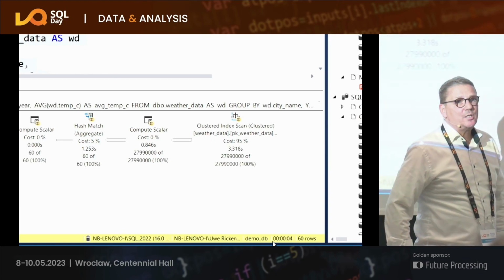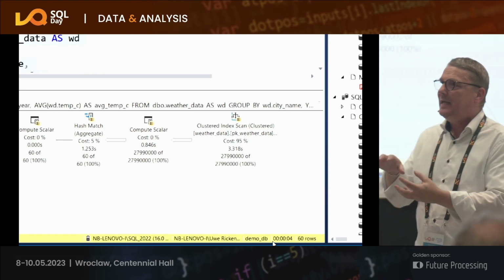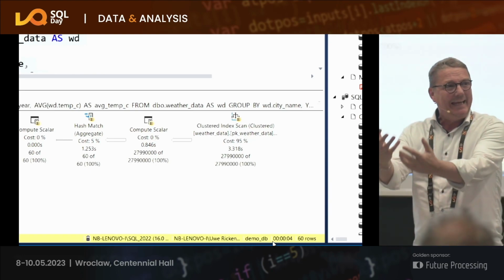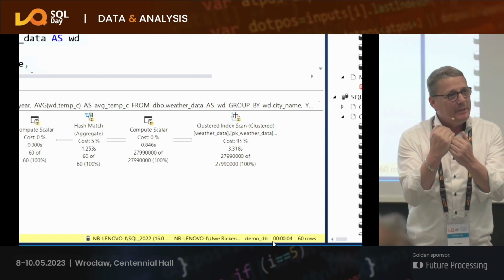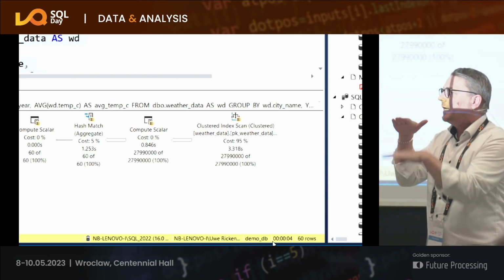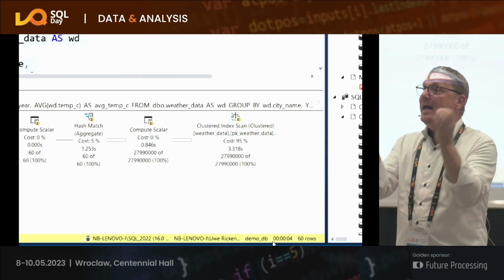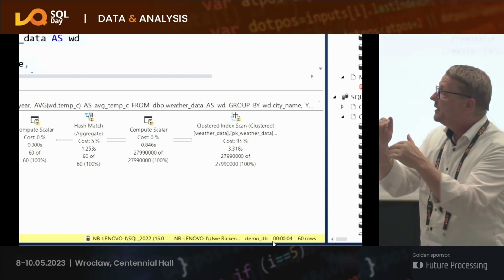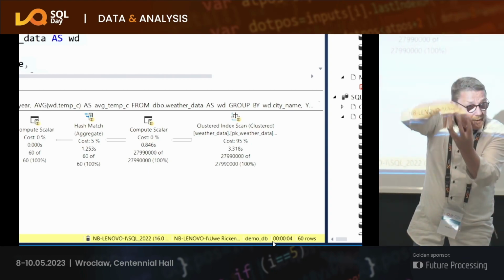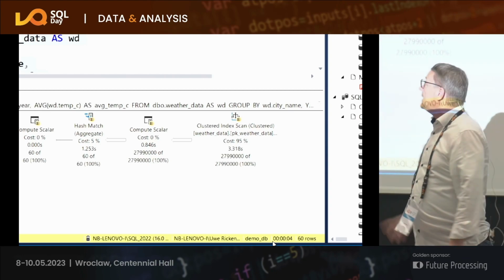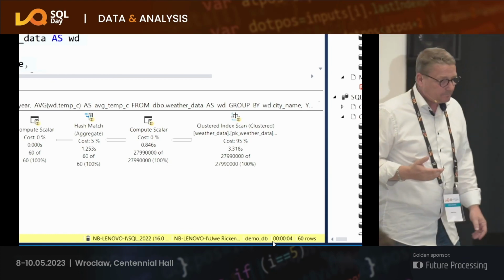Hash match aggregation. What is a hash match aggregation? A hash match aggregation does mean that SQL Server gets data unsorted. But what we need to have is an aggregation by year. By the way, with the windowing function, we would have exactly the same problem. Data are coming unsorted. So SQL Server must sort the data internally, aggregate them, and push them to the next operator, which is the compute scalar. Let's see what this means.